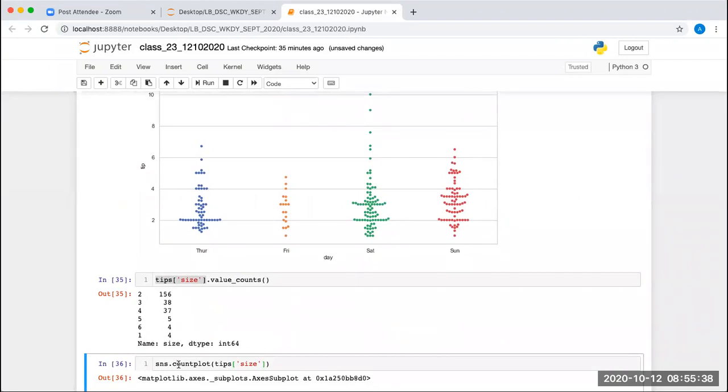Okay, so for example, how can I do that? Let's say if I want to get the total count, how can I do this? Can we do it this way?